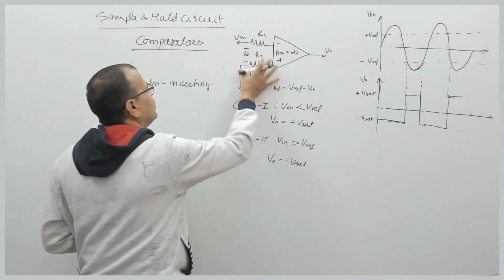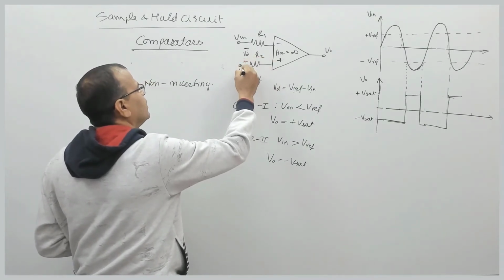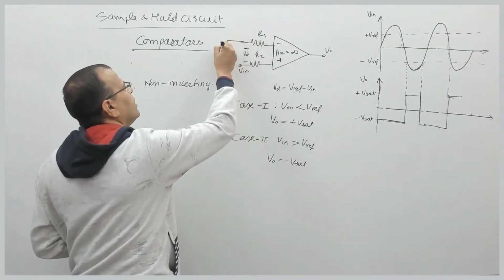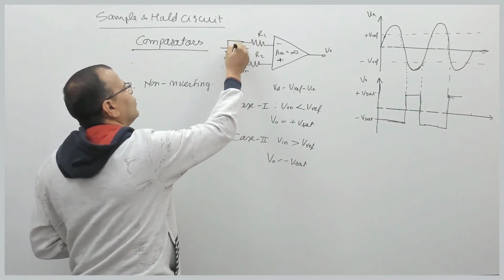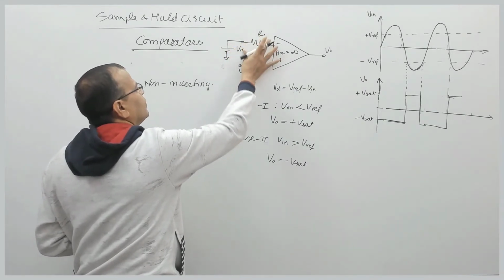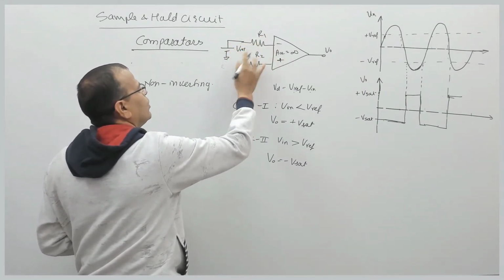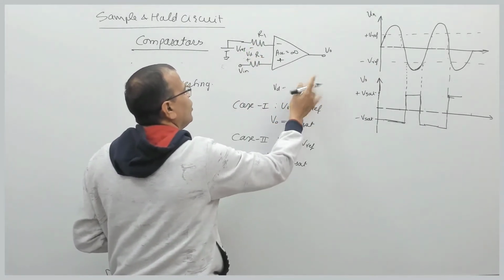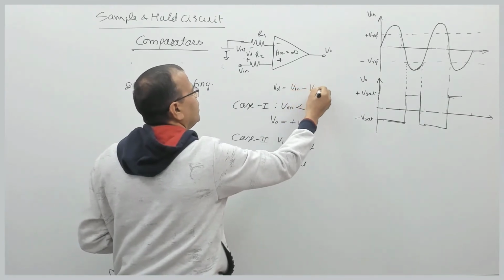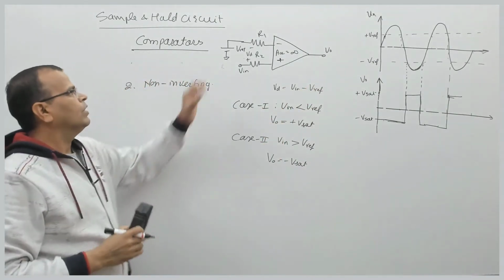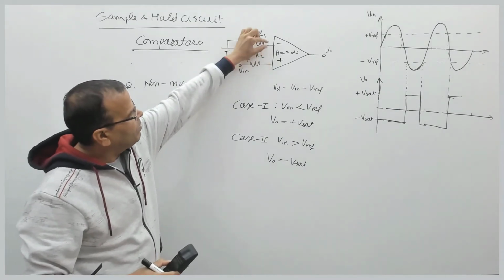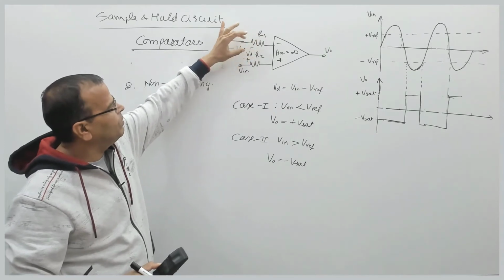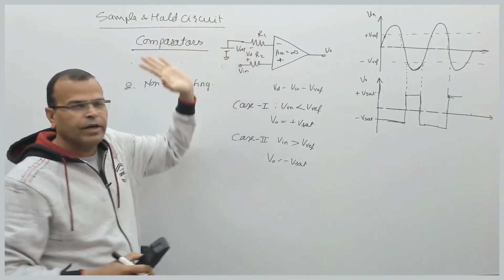In non-inverting mode, we will be connecting the input at the non-inverting terminal, and the inverting terminal will be connected to the reference voltage source, right? So what will be the differential input? The differential input here will be nothing but V input minus V ref, right? Differential input is this terminal minus this terminal, means this voltage minus this voltage, because current here is 0, so the drop across this will be 0, so differential input will be V in minus V ref.